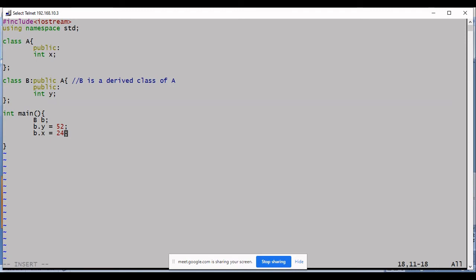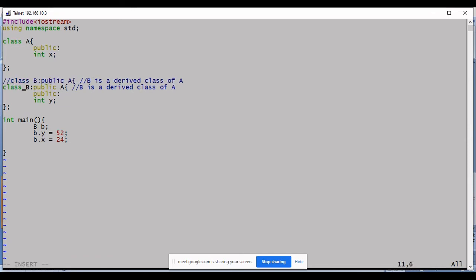In the absence of inheritance, this would not have worked, correct? We'll do one thing. We will remove the inheritance and test independent classes.